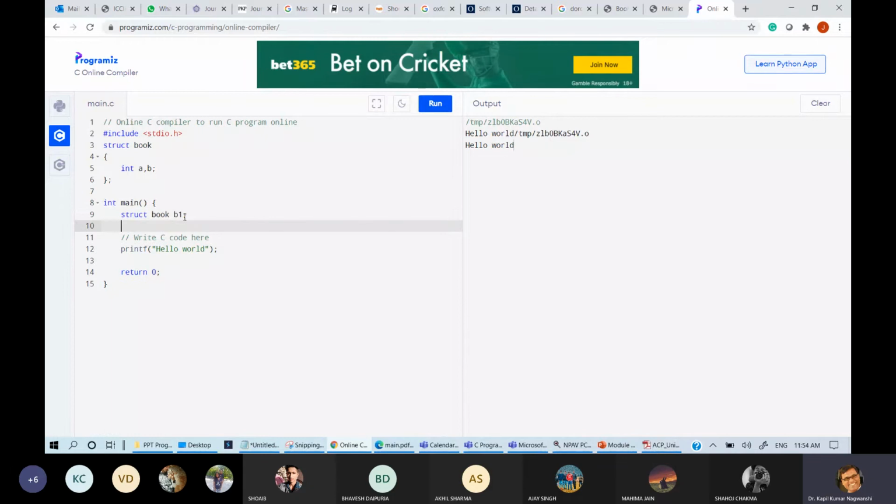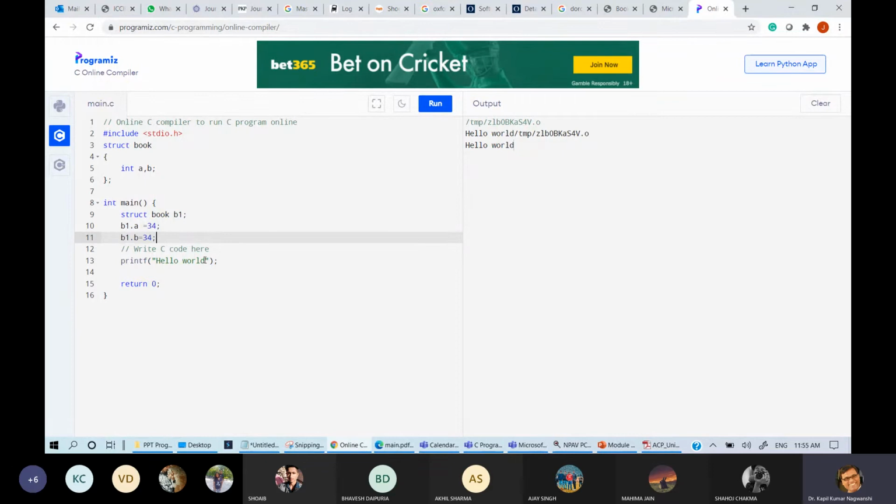Then b1 dot a equals 34 and b1 dot b equals 34.